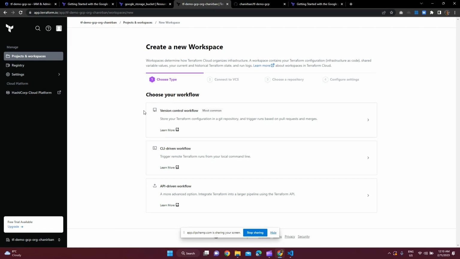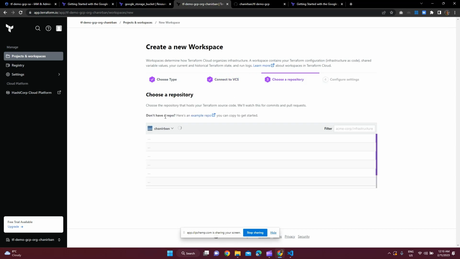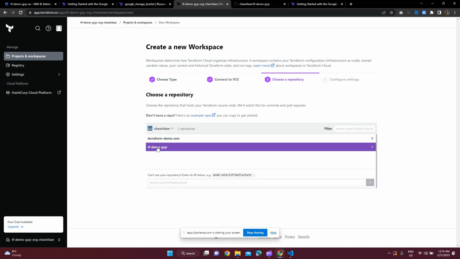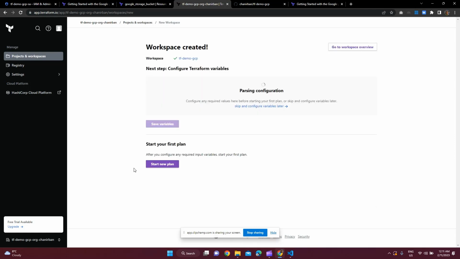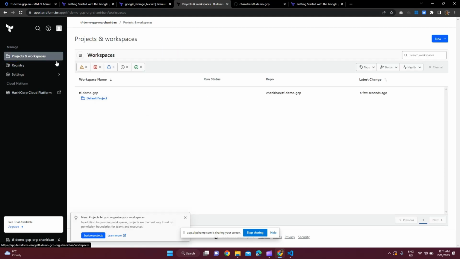Okay, and the next step, it will ask to choose a workflow, which means it will try to connect to a version control workflow, which in this case is our GitHub. So click on that. That gives you GitHub. It should automatically pick up the repos which I've created. I've just created Terraform demo GCP. So I'll select that and I'll create a workspace. Once the workspace has been created, go to this workspace. So click in there,